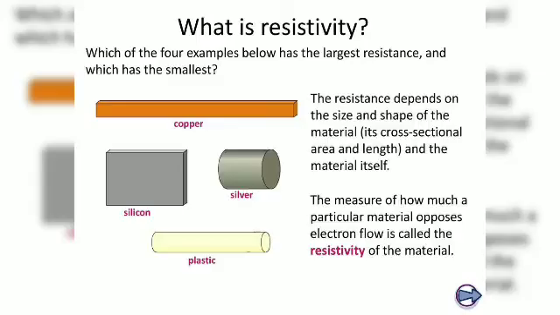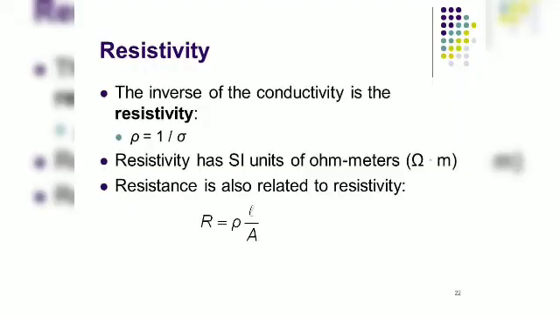Now let us see in the next slide what it is showing. Resistivity is the inverse of conductivity. We have studied the conductivity also. So conductivity is sigma, and rho is inversely proportional to conductivity. The more the conductivity, the less the resistivity. So rho is 1 upon sigma. So what is the unit? Again, opposite of that, the resistivity has the SI unit of ohm meter, remember it.